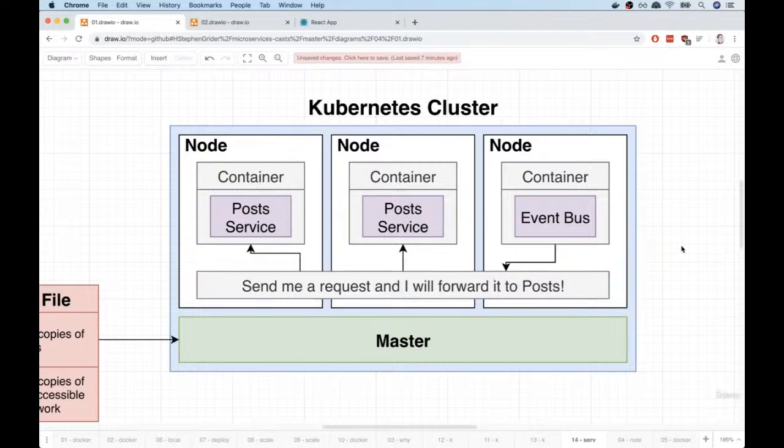Okay, so that's just a very brief introduction to Kubernetes and why we care about it in the world of microservices. So we're going to take a pause right here and then start to